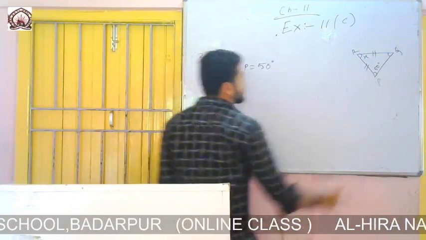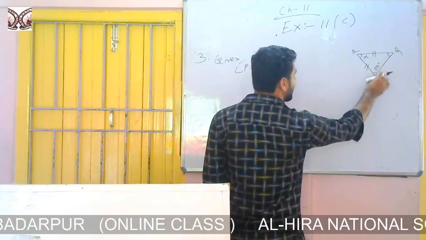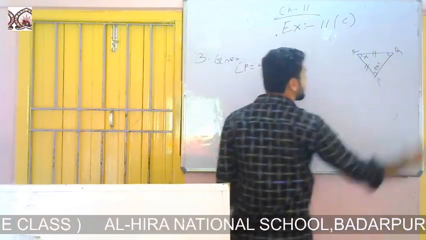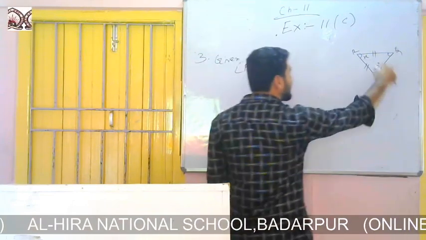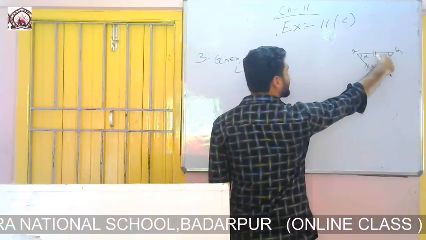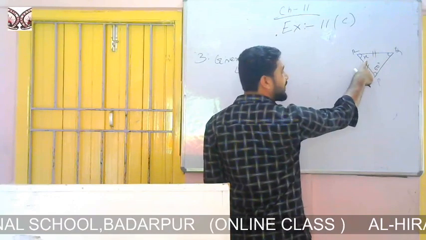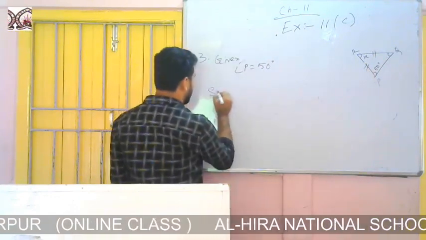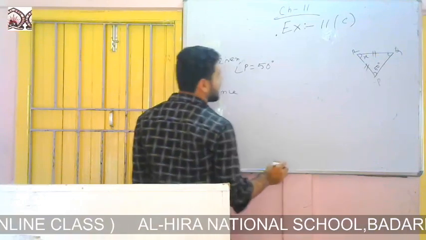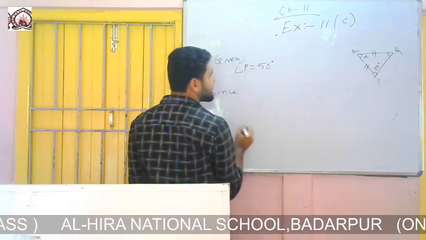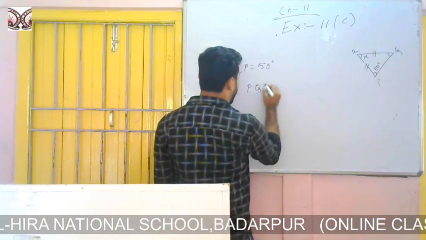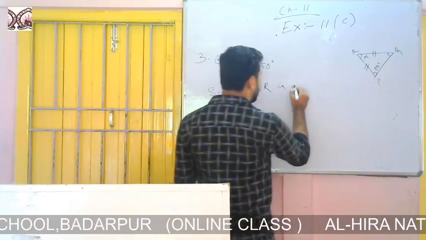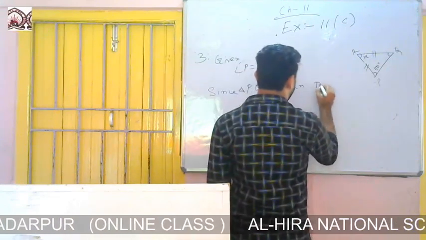So if angle P equals 50 degrees, then obviously angle Q equals 50 degrees. And if you know the measure of the two angles, then you can find the measure of the third angle by the angle sum property. So write, since triangle PQR is an isosceles triangle,